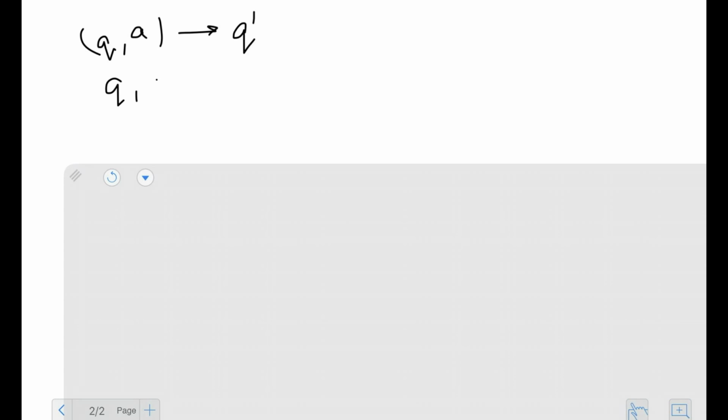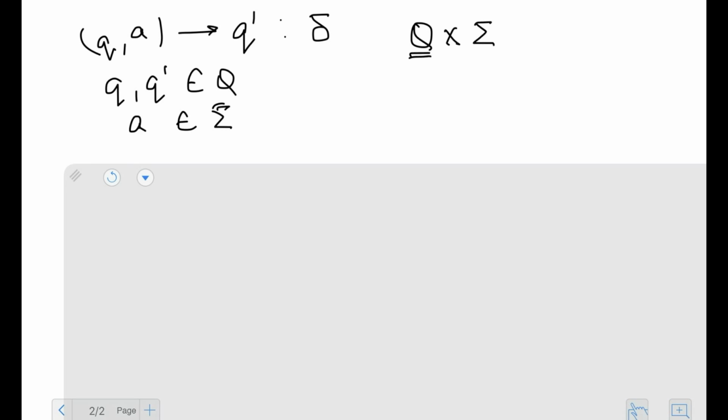So q and q prime are elements which belong to Q, my set of states, and a is some alphabet symbol. So this is my transition function delta. Its domain is basically any state Cartesian product with the alphabet. So I take any element from my set of states, I take q1 and then I take a 0. That would be delta of q1 and 0,